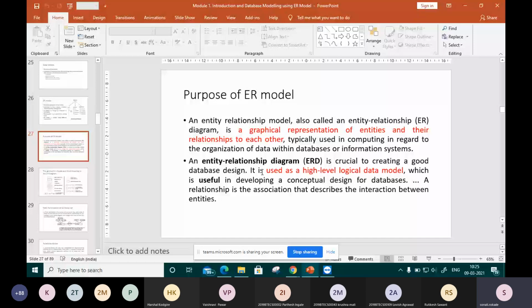This ER diagram is also crucial to create a good database design, and that's why it is helpful in developing a conceptual design of the database. And a relationship is the association that describes the interaction between entities. Okay, this is the purpose.